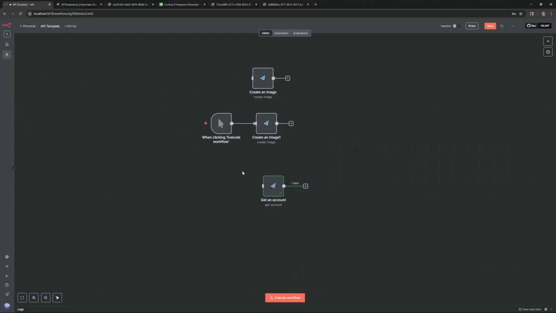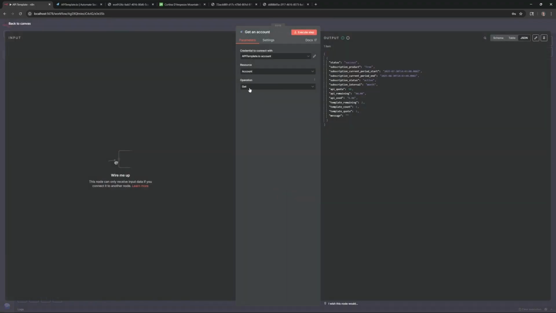So another nice thing to have, if you create another one here and choose get an account, it will actually show you all the information about your account. And the main thing that is good to have is this API remaining. So this kind of gives you a heads up that you have, in my case, 44 remaining. And it tells you the expiration period starts on that date and ends on this date. On September 1st is when I would get a new batch of 50 tokens to be able to use on their website. Again, that's under the free.